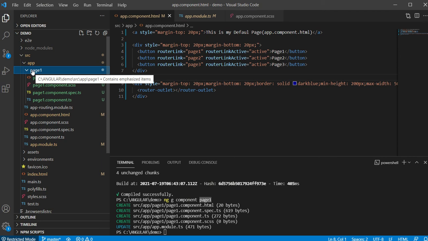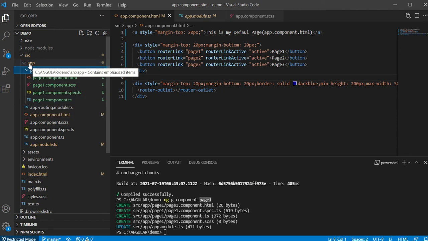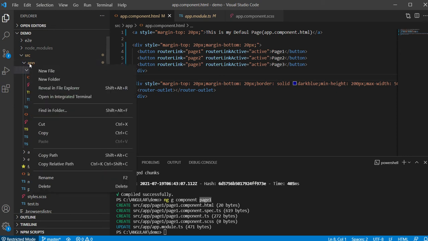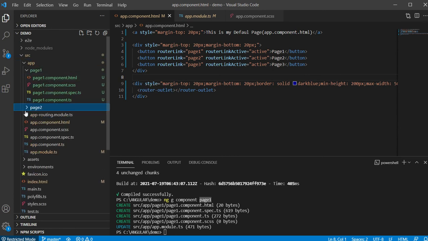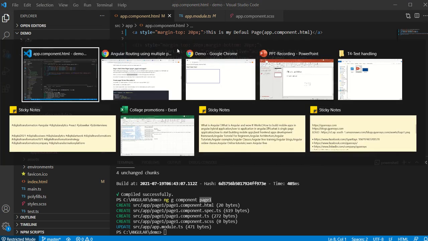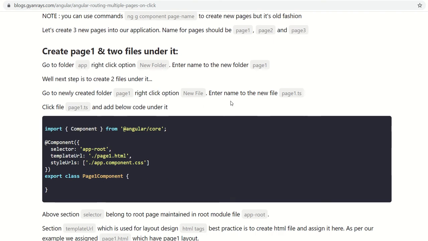Now let's create page 2 and page 3, not in a similar fashion, but in the way which I explained earlier. Right click, create a new folder, name it page 2. Alright, now you can create a file. I have defined this in my tutorial as well. This is how you can define the files in your application.